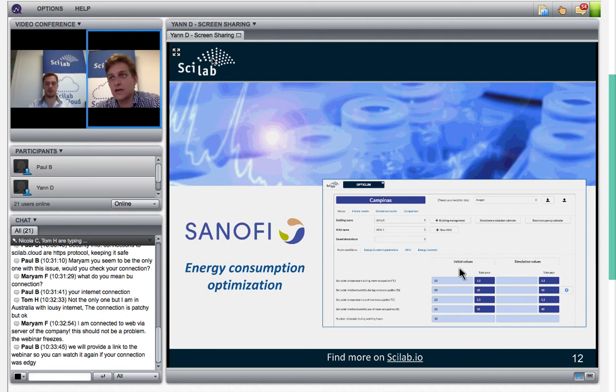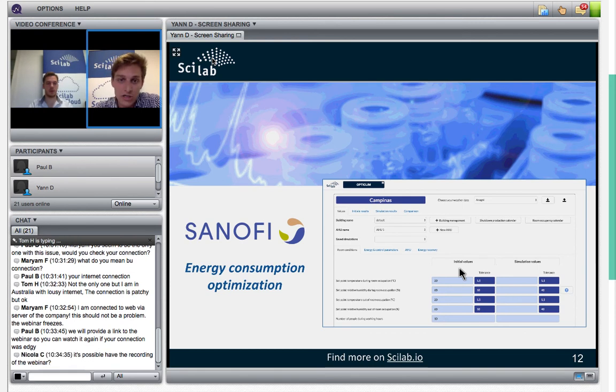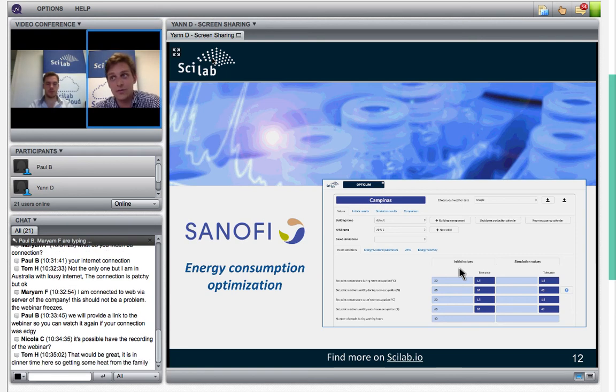On this unit, they had €500,000 of cost in energy, and 50 to 60% is due to air conditioning. So they thought if we have a better control strategy over our air conditioning, we can win between 7 and 10%. And well, for just one site, it might not be significant, but for the whole group of Sanofi, over the 120 factories that they have worldwide, they think that they can have a quite